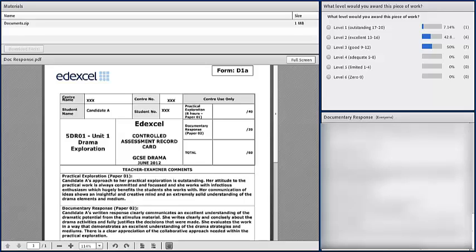Equally, if you do have a very even, consistent student, you need to make that judgment about whether one person's 12 is the same as another student's 12, because there may be a number of ways of arriving at 12 out of 20 as a student on this paper. That's why doing a standardisation exercise and a centre moderation exercise of the actual work that's going to be submitted